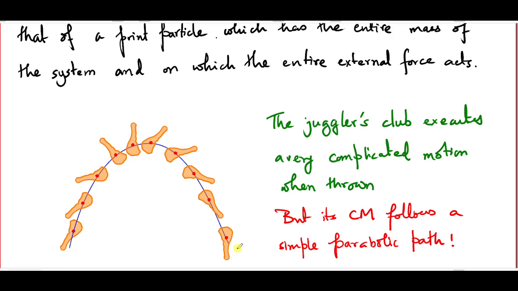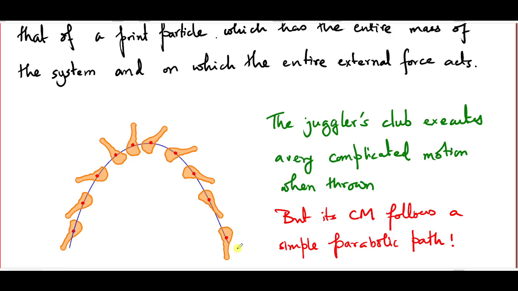If you ignore the presence of air resistance, then that path would be none other than the parabola that we all have learned about when a point particle is thrown at an angle to the vertical. The center of mass will behave exactly like that point particle. It will behave as if the entire mass of the club is concentrated at one point and the net external force, which is the total mass of the club times the acceleration due to gravity, would also behave as if it were acting there. Of course, this is only as far as the motion of the center of mass is